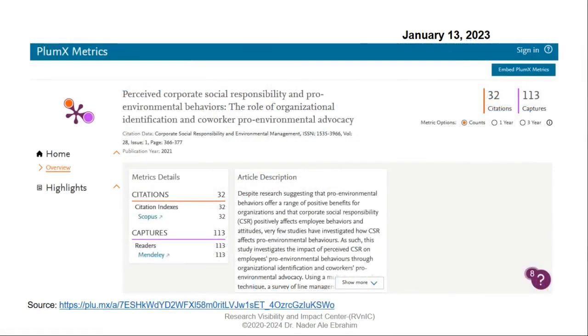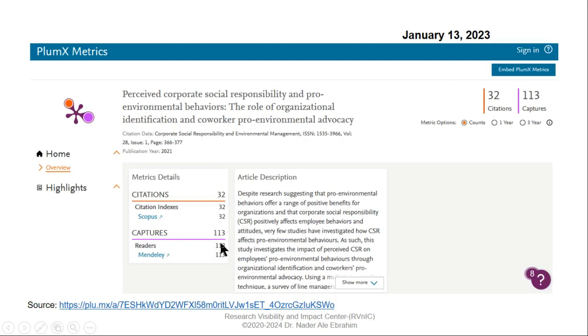Okay, go to the Plum metric, which shows your social activity. You received 32 citations only because of the 100 plus captures, and the captures happened only from Mendeley.